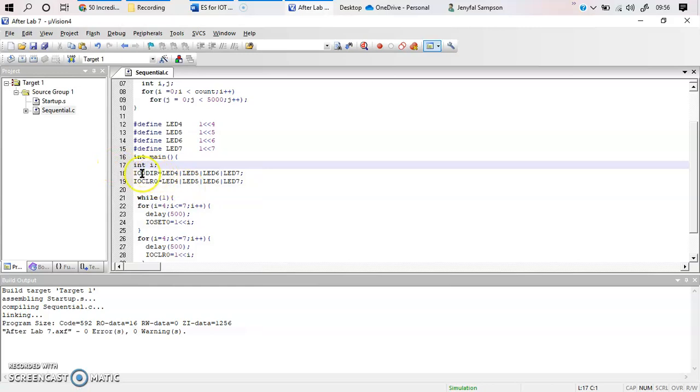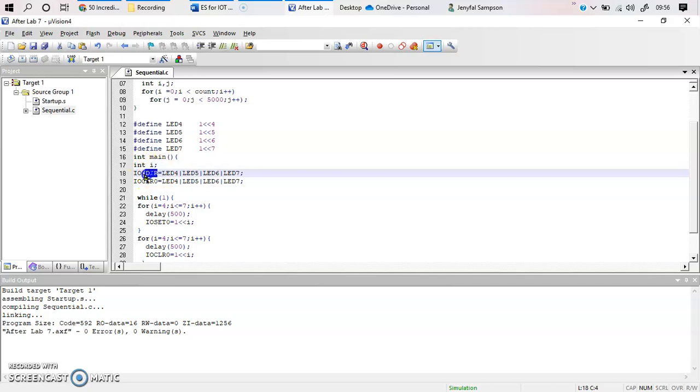I need to specify whether my LED pins are input or output pins, and that is done by this direction instruction. IO0 stands for port 0, and the direction is specified with the OR symbol. You can see LED 4, LED 5, LED 6 and LED 7. So this declares all the pins as output pins.